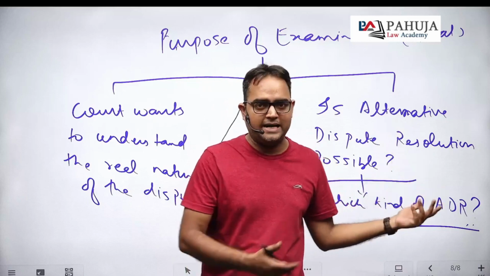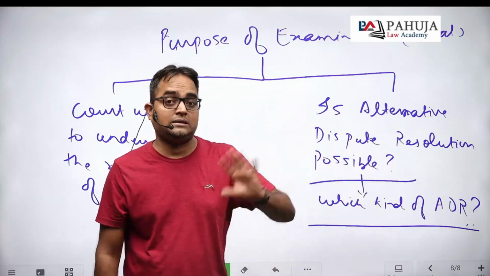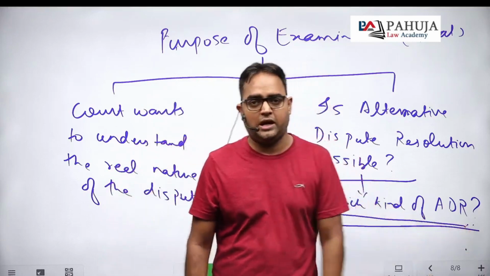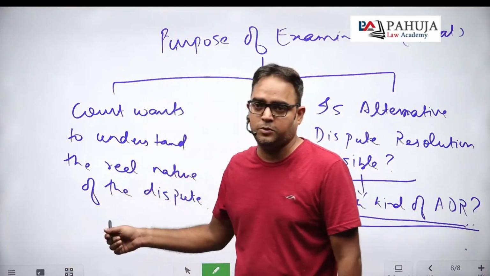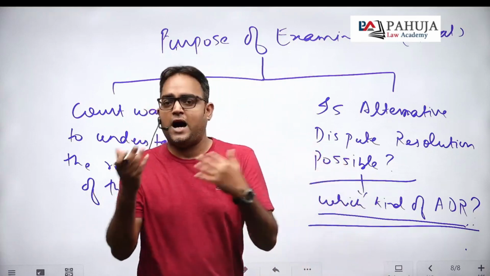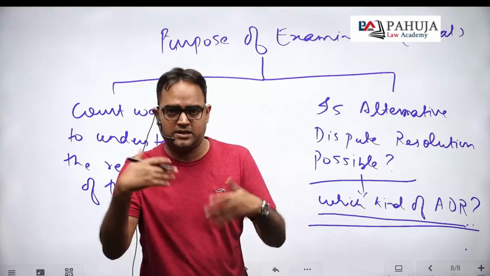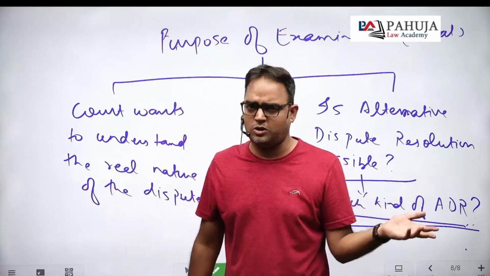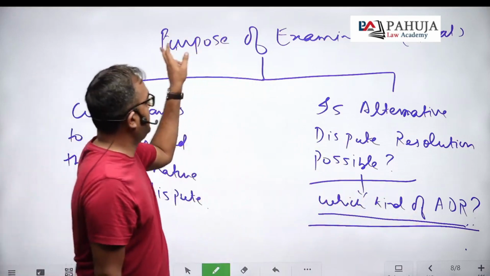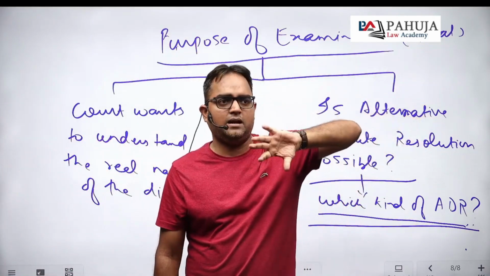अगर मान लो यहीं पर एडीआर पॉसिबल नहीं हुआ तो कोर्ट एडीआर ऑर्डर भी नहीं करेगी। लेकिन मान लो कि कोर्ट को लगता है कि एडीआर हो सकता है, तब कोर्ट को लगता है कि किस तरह का एडीआर होना चाहिए। नाउ दैट डिपेंड्स अपॉन द नेचर ऑफ द डिस्प्यूट। अगर हस्बैंड वाइफ के बीच में मैटर है तो वहां पर आप आर्बिट्रेशन नहीं ऑर्डर करोगे, वहां पर देयर विल बी इधर कॉन्सिलिएशन और मीडिएशन। द जनरल प्रैक्टिस इज मीडिएशन, बट कभी कभी कॉन्सिलिएशन भी हुआ है, ऐसा भी हुआ है। तो याद रखना द पर्पस ऑफ एग्जामिनेशन। अगर मान लो कि लेट्स से बैंक और उसके